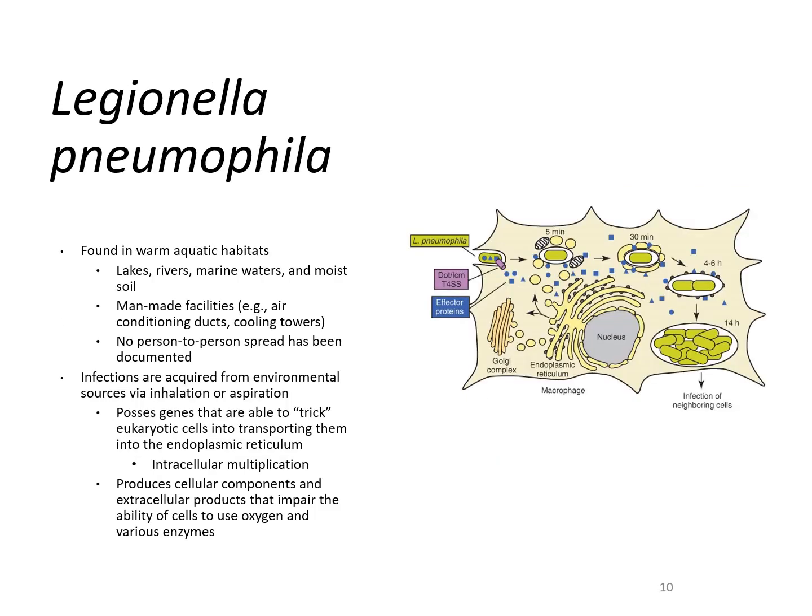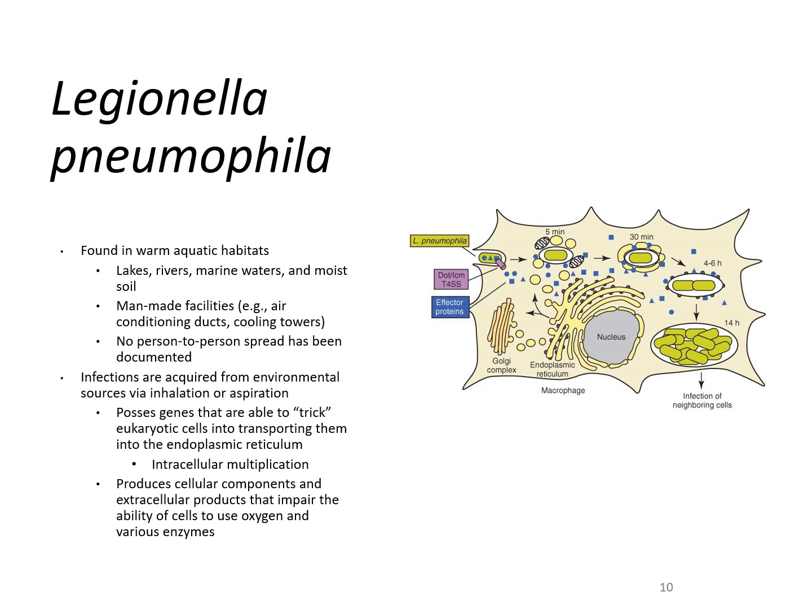Legionella pneumophila is found in warm aquatic habitats. So you can find this organism in lakes, rivers, different marine water, moist soil, and it can also be found in man-made facilities. This is the organism that is associated with Legionnaire's disease, where it gets into the ventilation system within your air ducts, and then it can be aerosolized and spread throughout the air system. And there's no person-to-person transmission